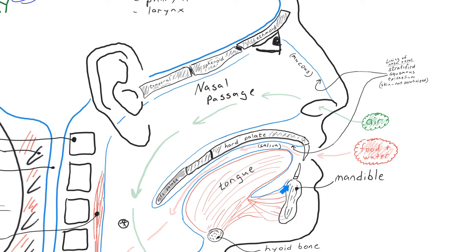The mandible here we're seeing cut right just at the mandibular symphysis or midline, with the lower incisor coming off of it. The rest of the lower dental arcade would be coming out of the screen on the right side or into the screen on the left side. So the tongue is anchored on the mandible and on the hyoid bone, posterior and a little bit inferior to the mandible, and skeletal muscle filling the tongue, filling the oral cavity,